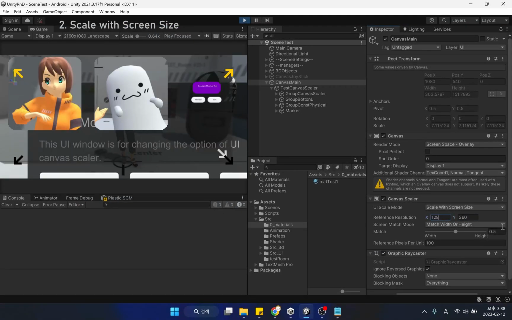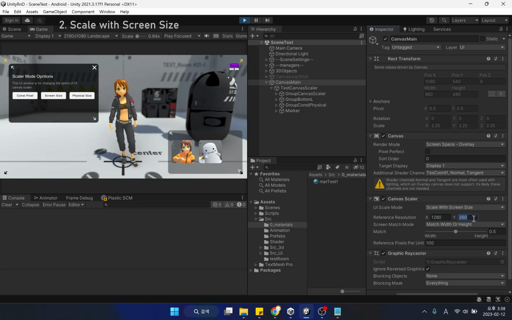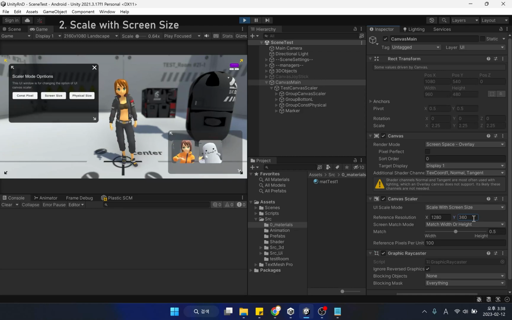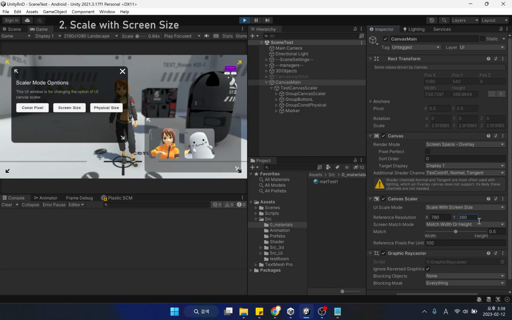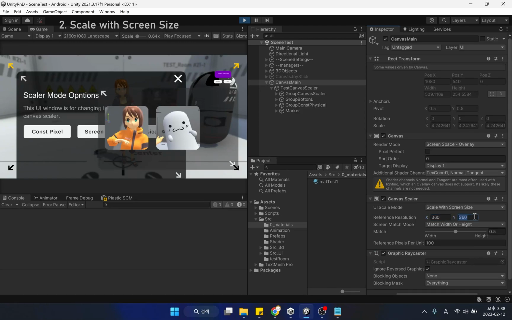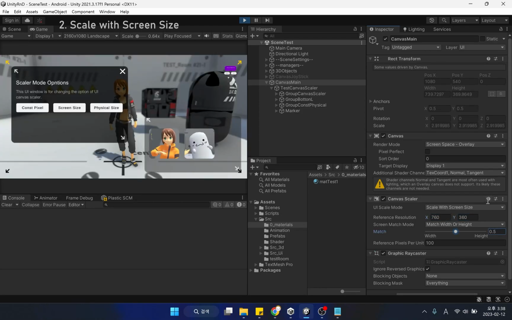If the resolution of the device is greater than the reference resolution, the UI elements will be larger and vice versa. Note, depending on your project's aspect ratio, you will need to set the X and Y resolutions proportionally. If the wrong reference resolution is set, UI elements will not scale properly according to the resolution change. Screen Match Mode is a function that allows you to directly adjust the canvas area when the device's resolution is different from the reference resolution.